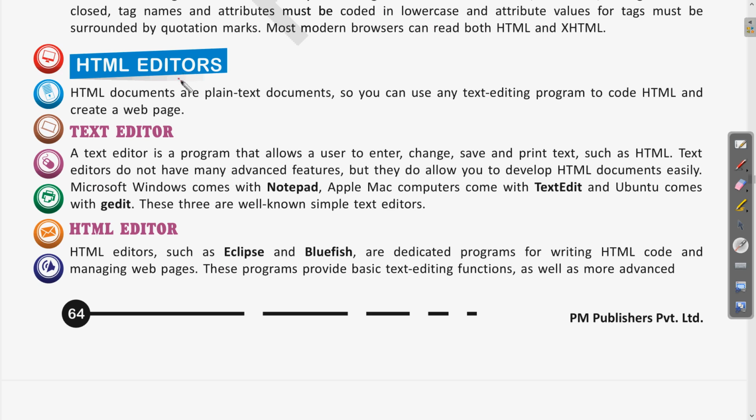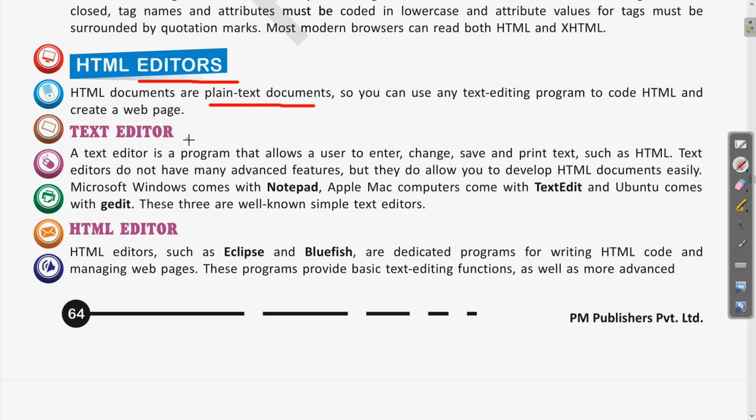By the name, we can understand that an editor is something used for writing our HTML program. Whatever text we are writing is a plain text document. The tags can be written in any text program like Notepad, WordPad. Clear? We are talking here about the same.